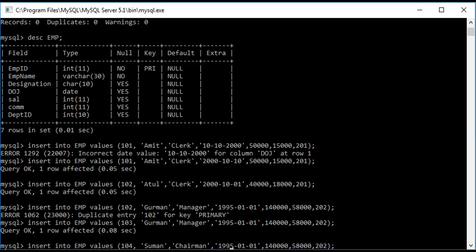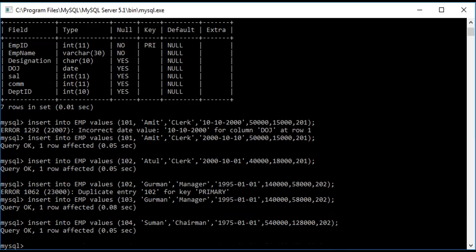Date of joining, let's take it 1975, and salary let it be 5 something something. Commission will be 128 something. Department, let's say department is same.